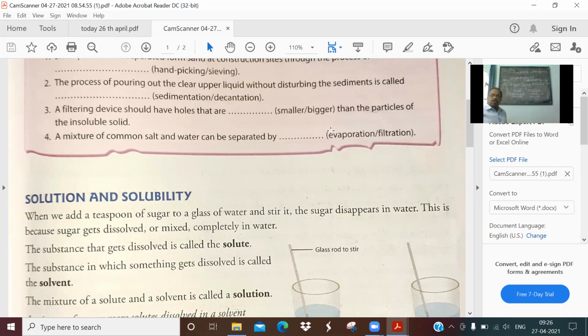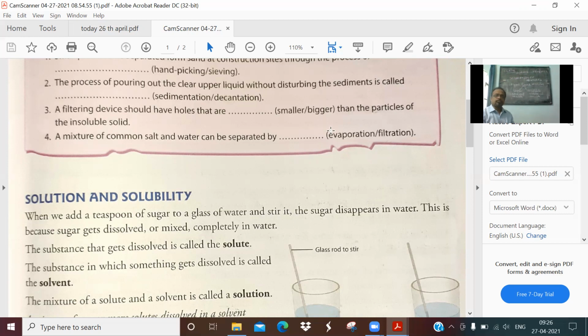Now, what is the speciality with the solution? In a solution, the components are equally distributed. That is, if you take sugar and dissolve in water and collect sugar solution, any part of the mixture, all the parts have the same qualities after shaking it, of course. So this is the nature of a solution. We call it homogeneous because the solid particles are equally distributed between the space of the liquid.